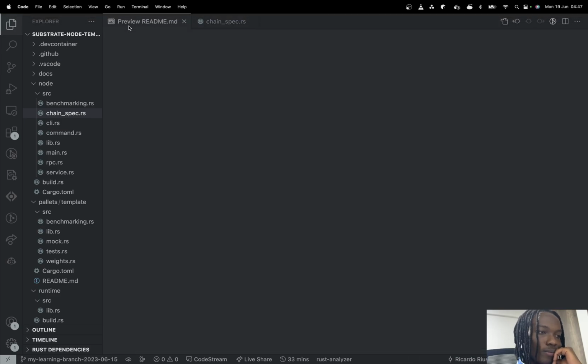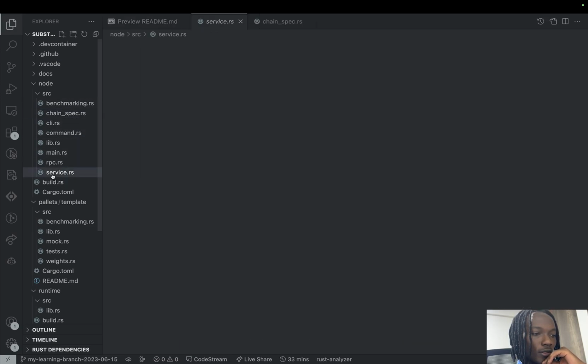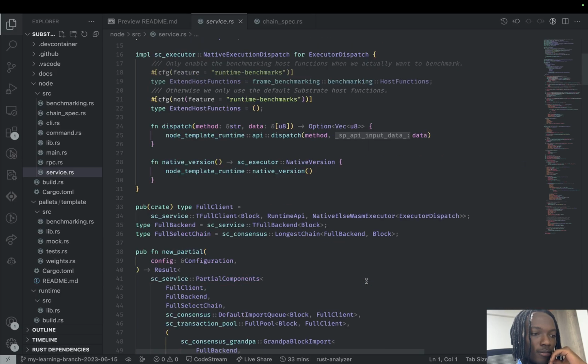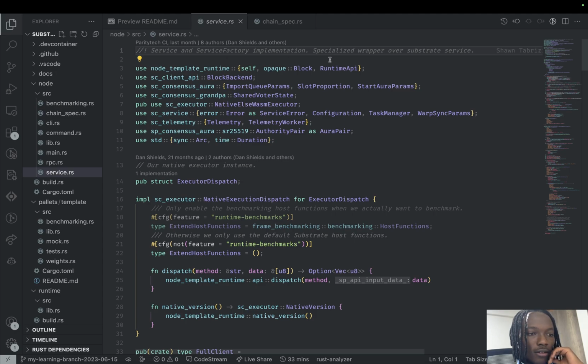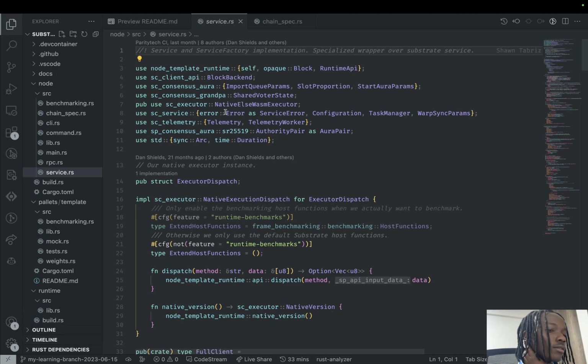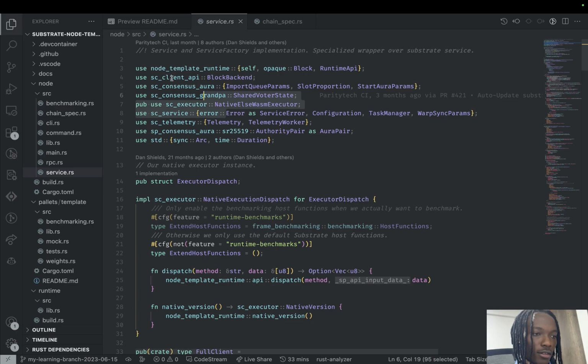Okay, moving on. Service.rs, this file defines the node implementation. Service.rs, it's like 300 lines. Service and service factory implementation, special service. Okay, so let's go back to the readme. This file defines the node implementation. Take note of the libraries that this file imports and the names of functions it invokes. Okay, so the libraries it has imported are